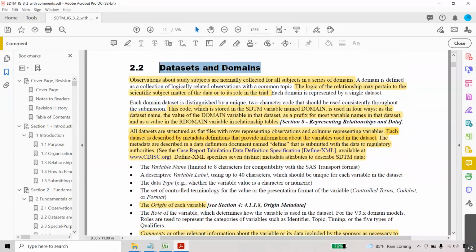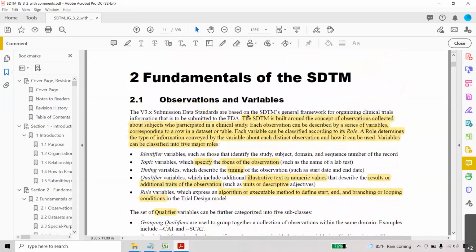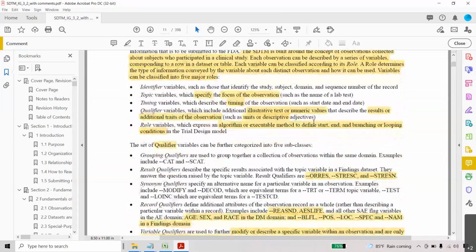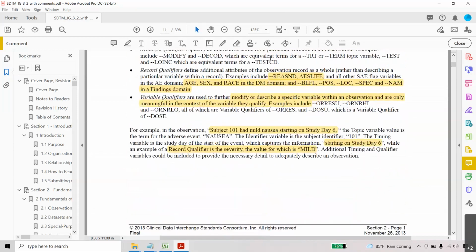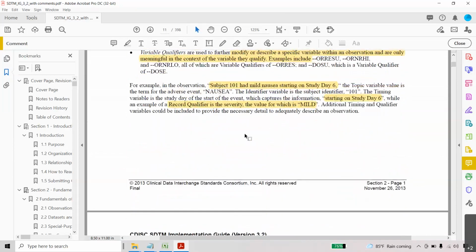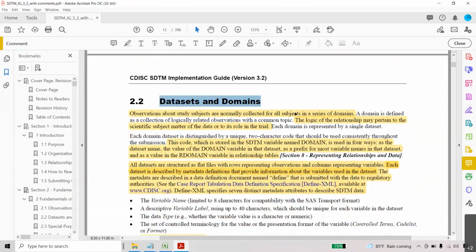Next, they gave datasets and domain. Just now when I spoke about the variables, I thought of describing the datasets. This is a variable, but a collection of some variables we can call a domain. In each domain, for example in laboratory, you capture only laboratory-related information with the help of the test code.